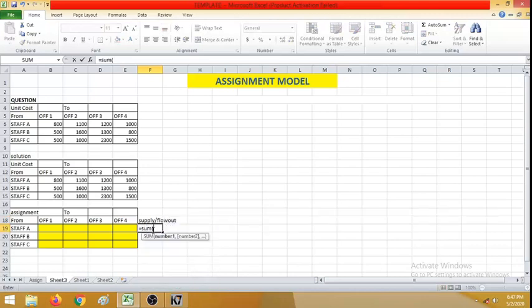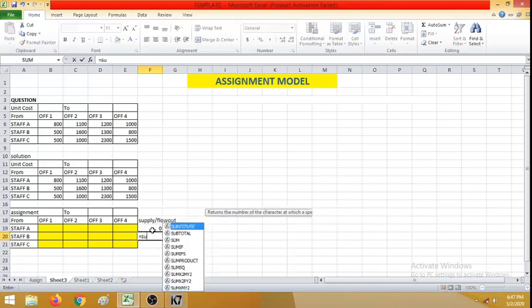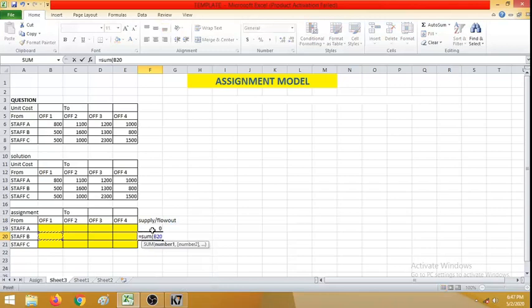Staff A can be supplied to office 1, 2, 3 or 4, so it is the sum of office 1 to 4. Similarly, staff B can be assigned to office 1, 2, 3 or 4. Similarly, staff C can be assigned to office 1, 2, 3 or 4. Clear? Right. So this is supply.